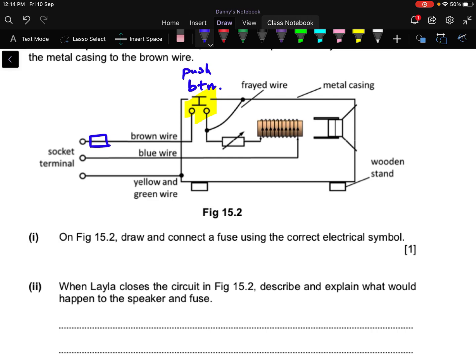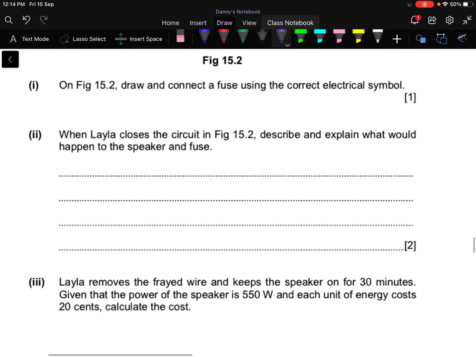So for the first part 1, many of you got it correct. The fuse should be as close to your source as possible. We condone that you draw the fuse inside the speaker, because sometimes there is one more fuse inside the speaker, so it is fine. But in O level, can you remember that your fuse should be as near to the source as possible? Okay,